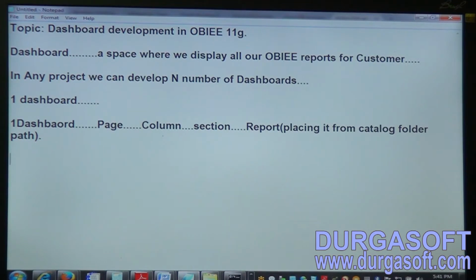Now here, this is how we can develop in a general scenario.